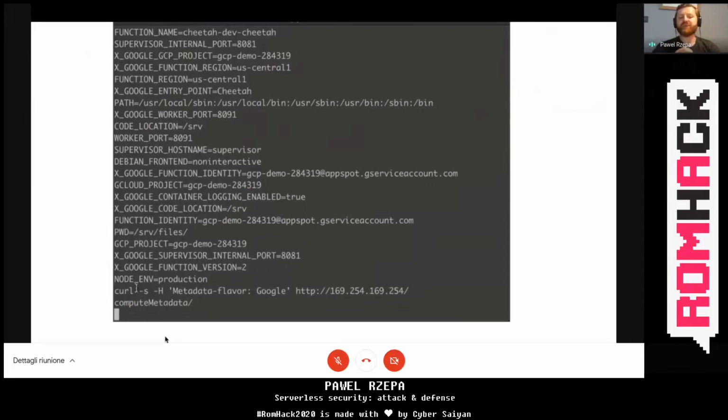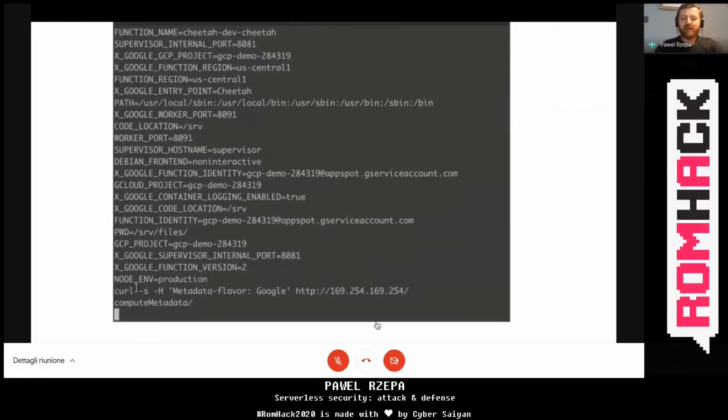The metadata service is accessible under the link local address, which is 169.254.169.254. Link local means that it is not routable. It is accessible only in one network segment. So in other words, if you have a shell in this environment, you can access this address. But if you are outside of this environment, then you cannot.